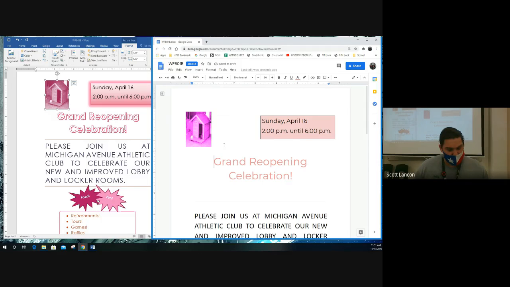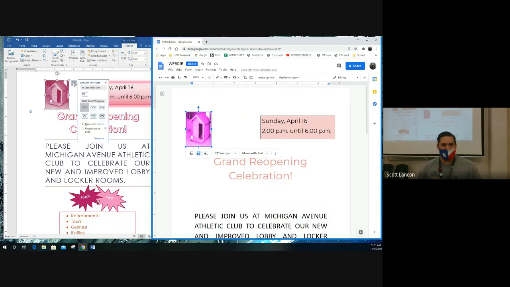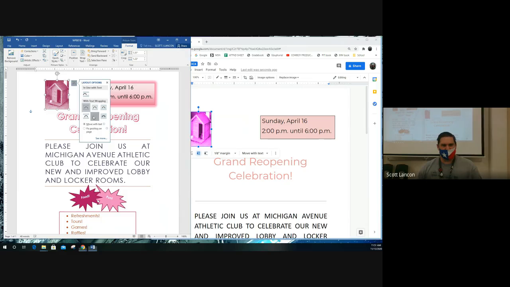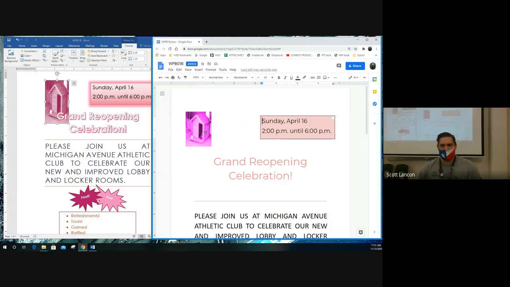All right, resize the picture as appropriate, size is necessary, and set the text wrapping to behind text. So on this one, you're going to set it to behind the text. Okay, and now, even if it's big, it won't get in the way of the other things. As far as this one goes,